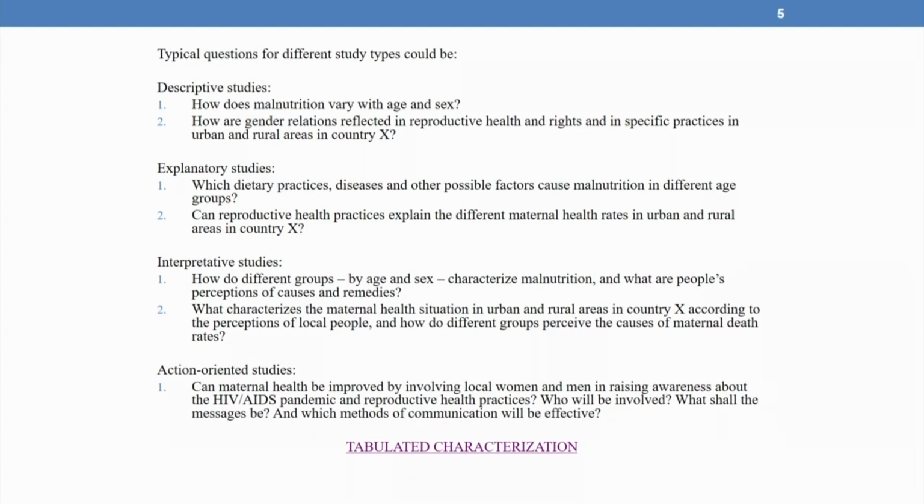Interpretative studies go into more in-depth characterization of the nature of nutrition or malnutrition faced by the community that we are locating our study in. So, some of the questions could be, number one, how do different groups, if we are segregating them by age and sex, characterize malnutrition, and what are people's perceptions of causes and remedies? The moment we talk about people's perceptions, the focus here is on the subjective realities of the subjects concerned. So, it is a subject's point of view which adds a lot of importance when we are looking at